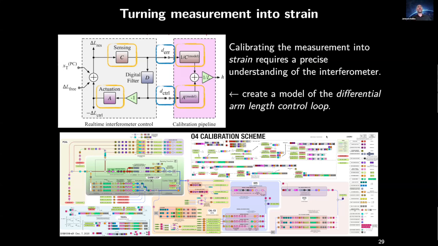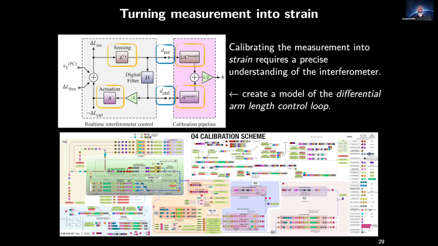So the calibration procedure from turning the raw electrical signal into strain is actually fairly complicated because we need to have a whole model of how the interferometer works, what its dynamics are in order to do that. And it's mostly a function of this digital feedback control system that we use. So in the upper left here, you can see this cartoon schematic of our digital control system where you have